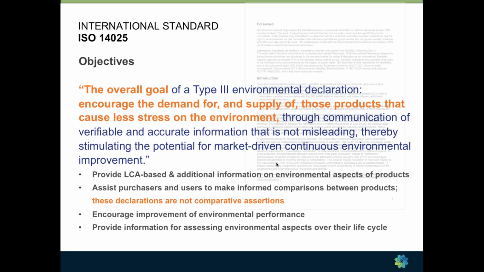It says it right there in the standard. So the way to do that is to provide LCA-based and additional information on environmental aspects, to then assist purchasers and users to make informed comparisons between products,